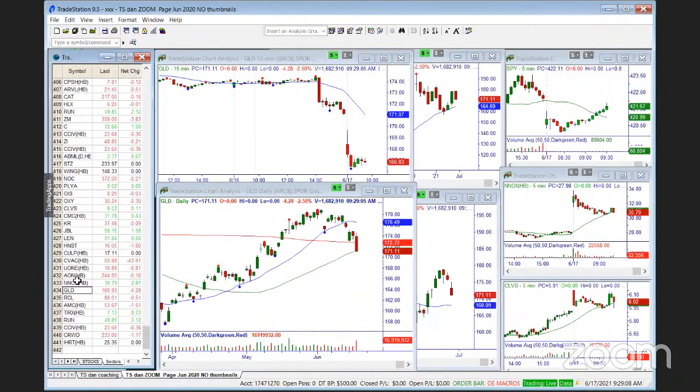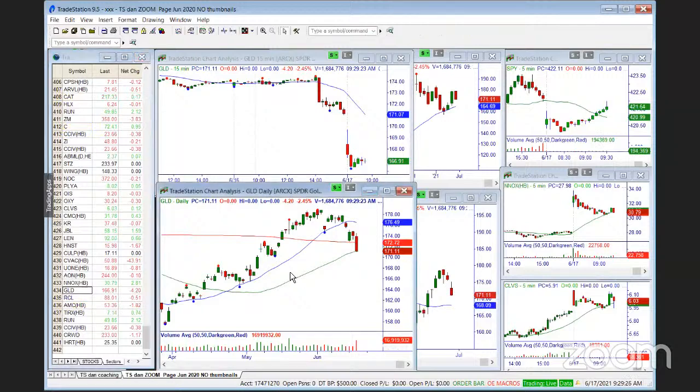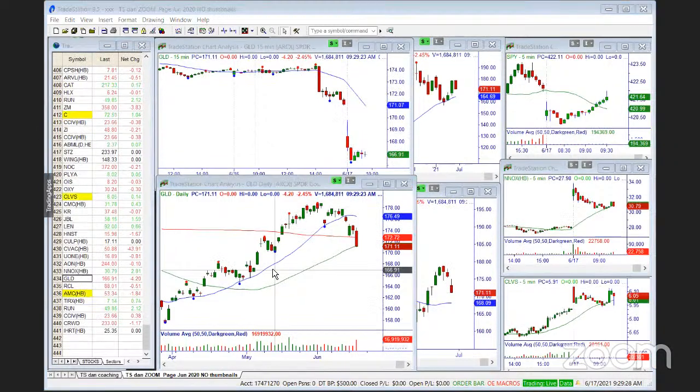Yeah, gold got whacked. I saw some guy on CNBC yesterday, it was either into the close or right after it, saying, I'm buying gold here. Well, if he did what he said he's gonna do, he has a stomach ache this morning. Look at that. That is a nasty, nasty gap.